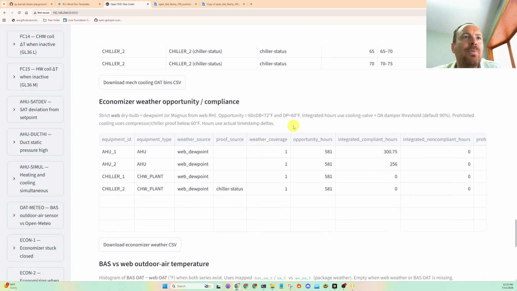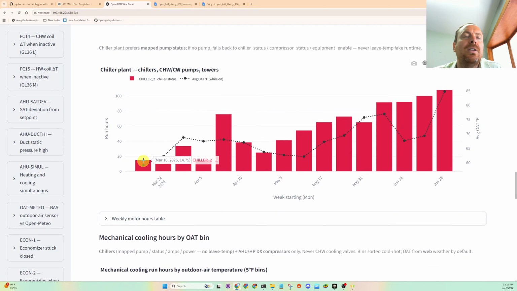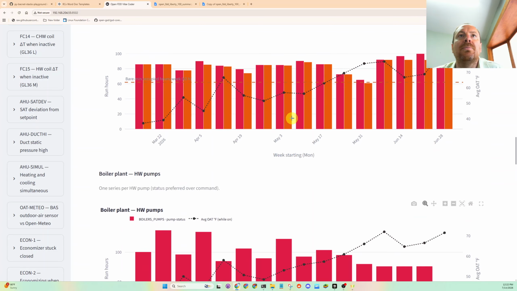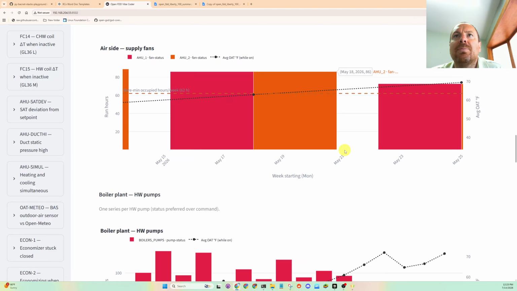Won't go over that anymore, but just some of these binning, mechanical cooling run times, and then tracking weekly equipment run times for both of these air handling units with a bare minimum run time. There's a dashed brown line here, and that is the bare minimum run hours per week, 62 hours of